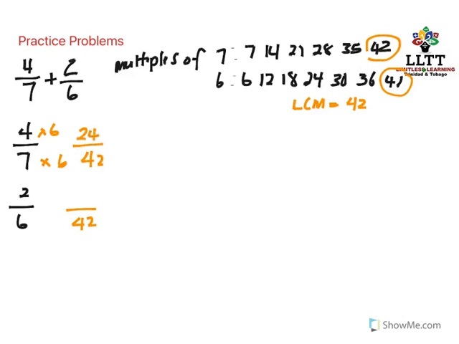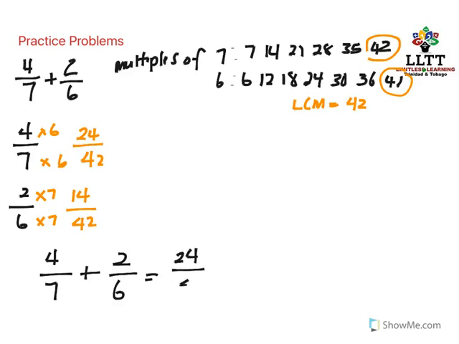Then I'm looking at my second fraction. If I multiply 6 by 7, I will get 42. So I also multiply my numerator by 7. And 2 times 7 is 14. So my original equation, which was 4/7 plus 2/6, is now going to be equal to 4/7 is 24/42 plus